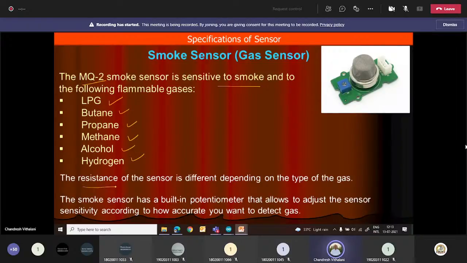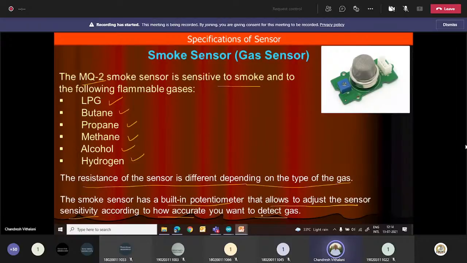The resistance of the sensor is different, depending on the type of gas which you are sensing. The smoke sensor also has a built-in potentiometer, which allows you to adjust the sensor sensitivity according to how accurately you want to detect the gas.